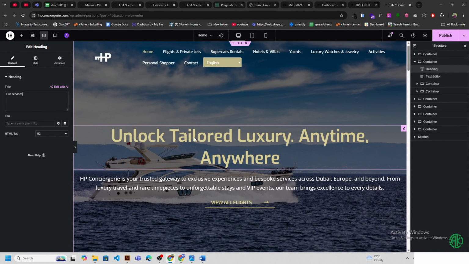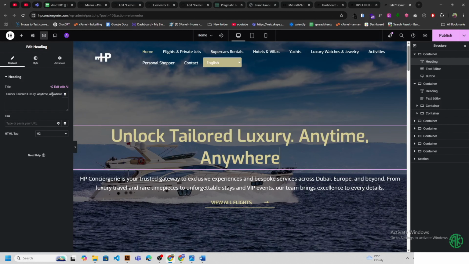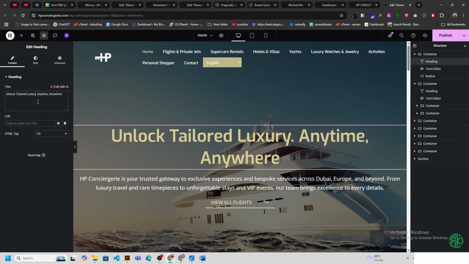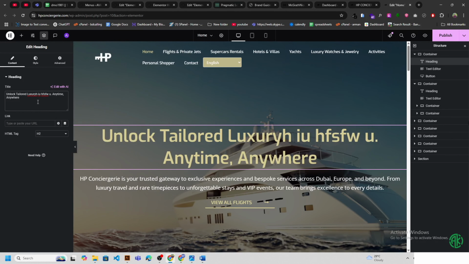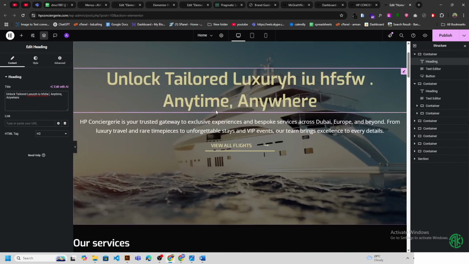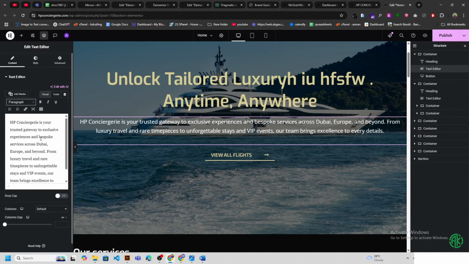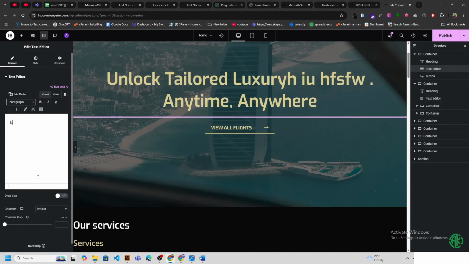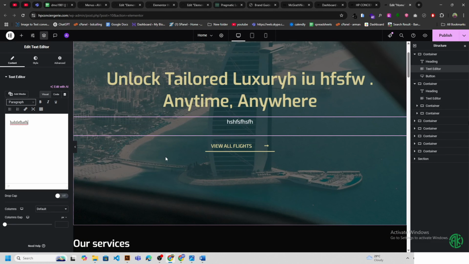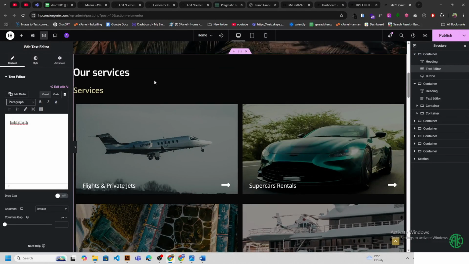So this is the way you can change your website content, and if you also want to change this here, just click here, and you can see in the left side the title. Here you can type anything you want, and that is the same way you can also change this text content. Just click here, and here is the content. You can also add or delete something. You can add this here,